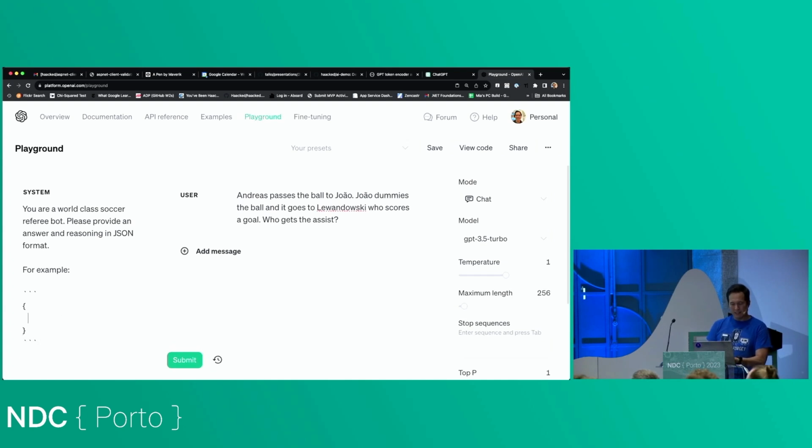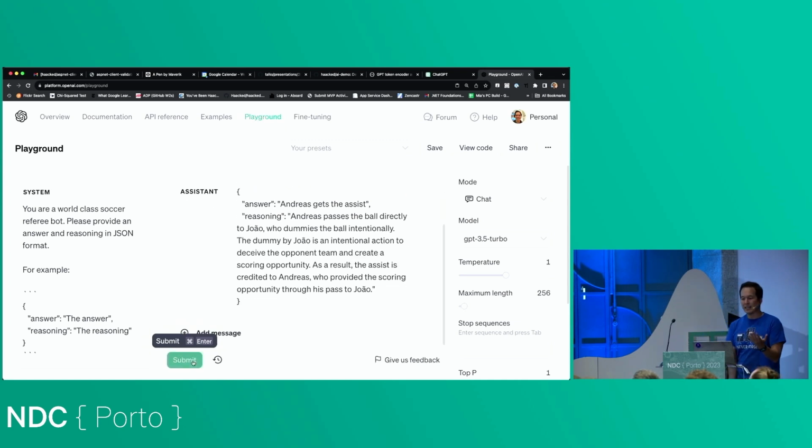So we're going to say answer, and reasoning. Now I'm giving it a template for how I want it to respond. I'll submit this, and we see that it's doing a pretty good job of that.